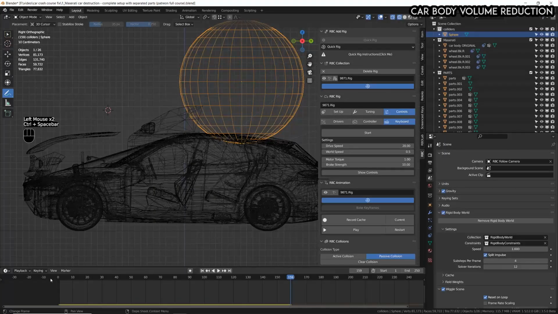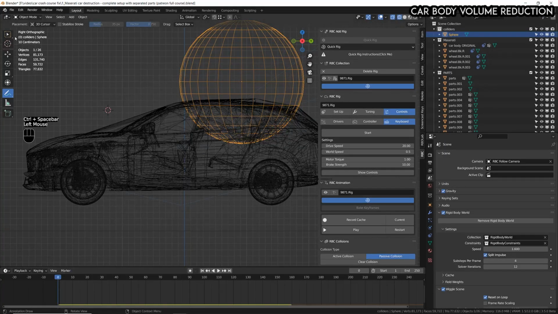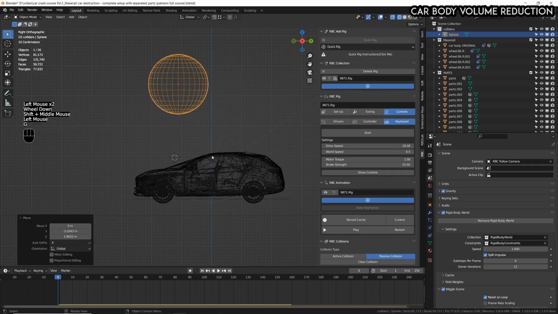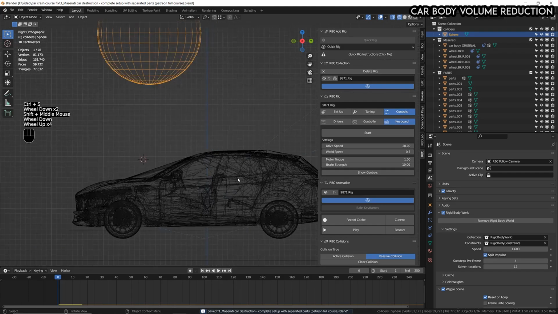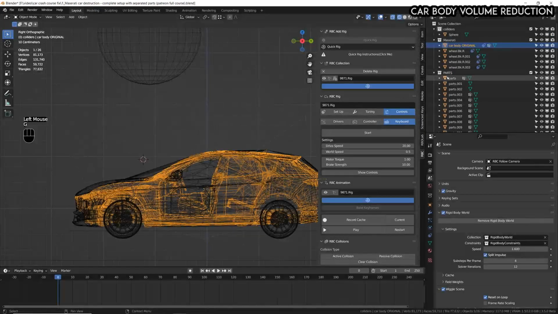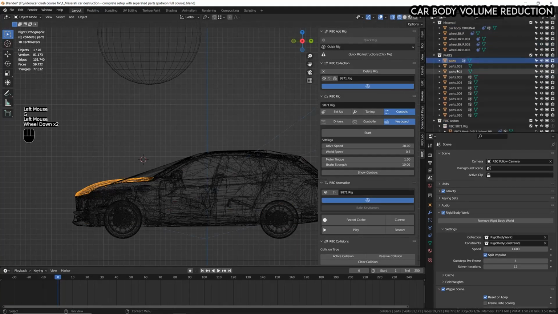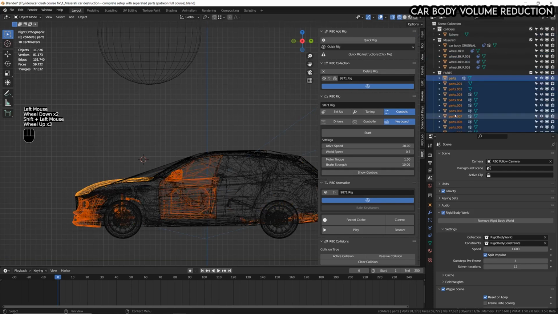Let's stay on frame 0. Staying on frame 0 now is crucial. So let's get rid of this sphere and let's replay the animation. Let's see. Okay, frame 0. Basically, the first thing to do is to parent all the parts objects to the car body, which is this object here, right? So first of all, select all the parts objects in this collection,